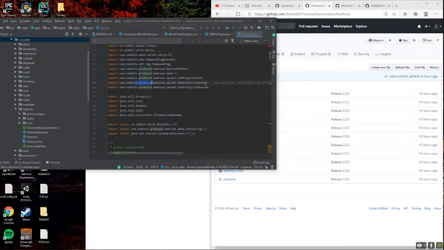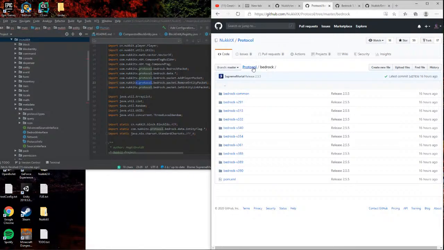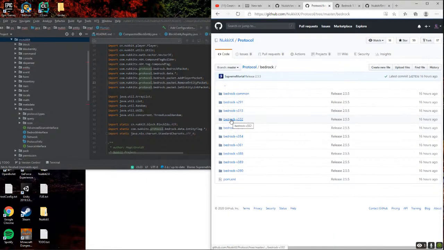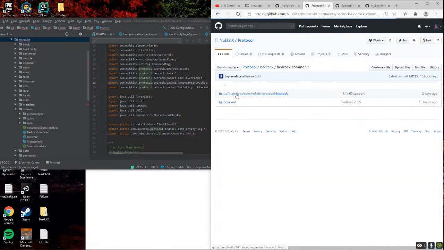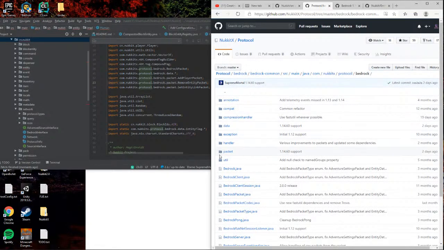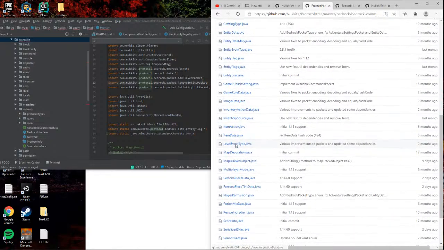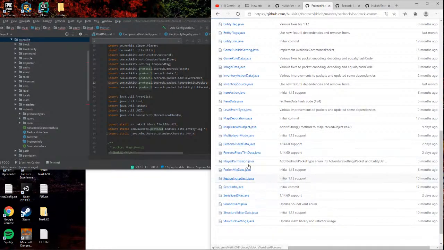So Nukkit X protocol, Bedrock packet, data, skin, serialized skin. Okay.